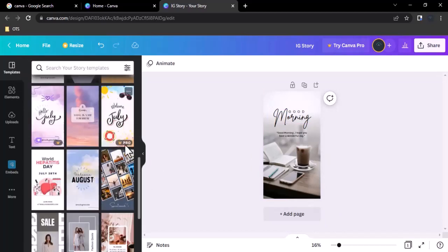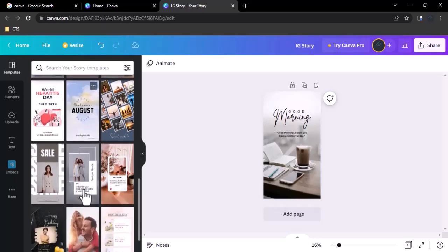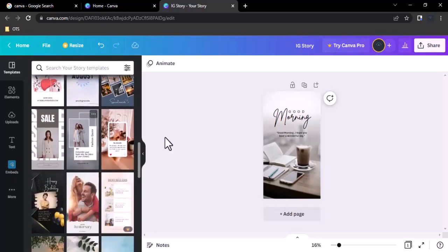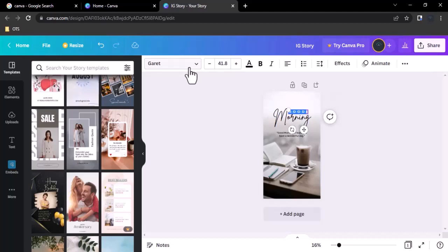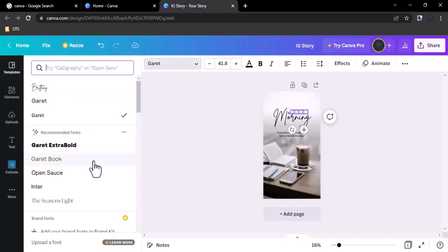So once you see the pro feature here, this means you have to be on their pro plan to access this feature, but you can see there's a variety of free templates you can use. So if we like this, we could customize it by clicking on certain elements, and here you can see you can change the text, change the font size